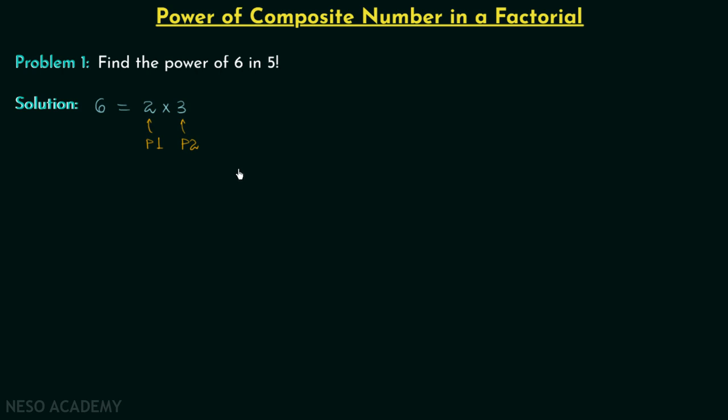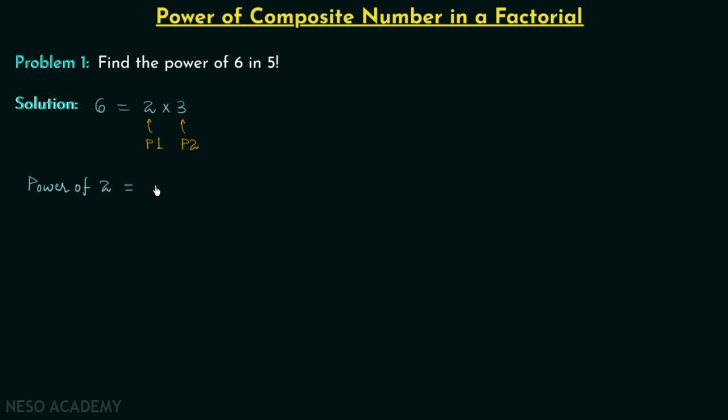step number 2. In step number 2, we will forget about 6 and we will focus on the two prime numbers we have. We will try to find out the highest power of 2, the first prime number, in 5 factorial, and then we will find out the highest power of 3, the second prime number, in 5 factorial. So now we will move on to the calculation of the highest power of our first prime number, which is 2,